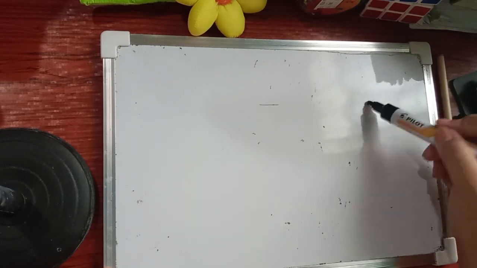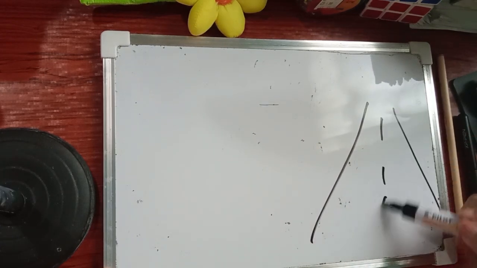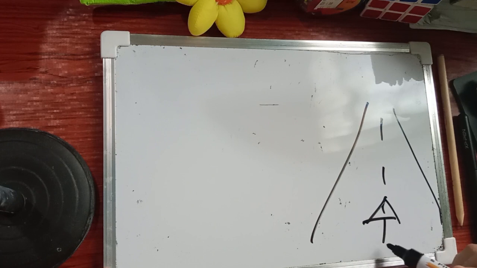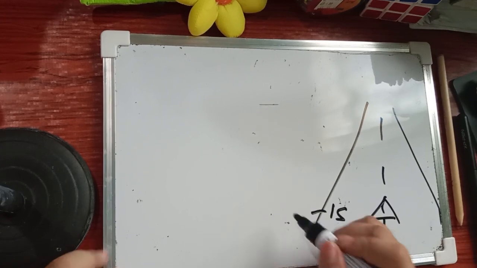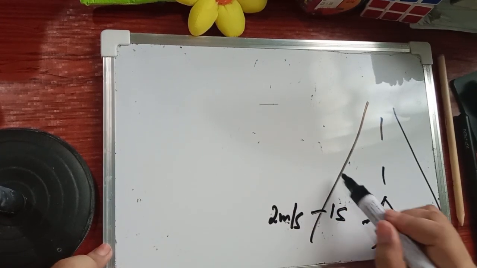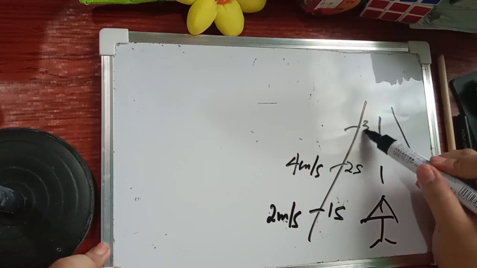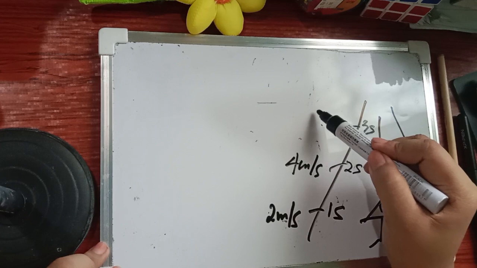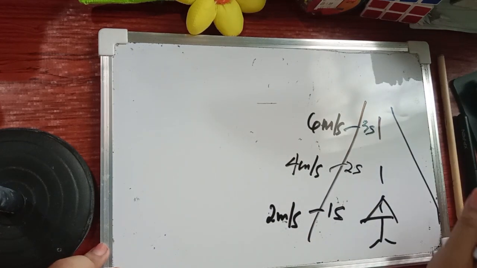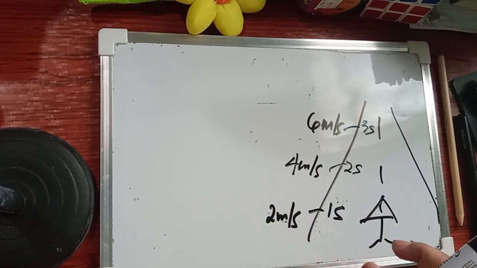Now, let's say, for example, that we have a runway here, and this runway has an airplane that is moving at a constant acceleration. When we say that this airplane is moving at a constant acceleration, we mean that it is moving, for example, at 2 meters per second at 1 second, at 4 meters per second at 2 seconds, and at 6 meters per second at 3 seconds. Right? So this is constant because, as you can see,